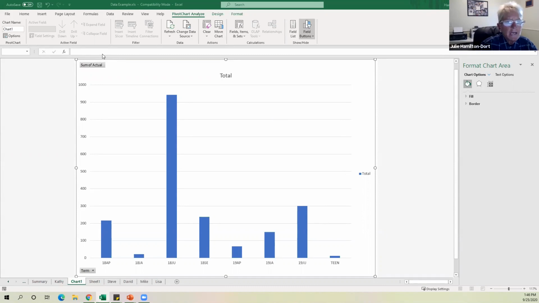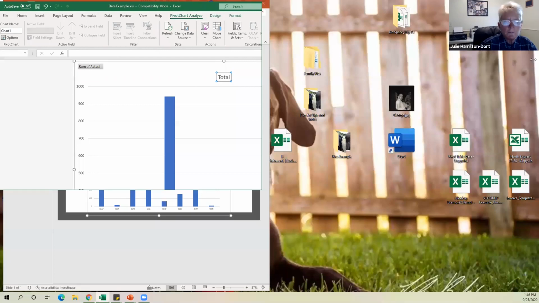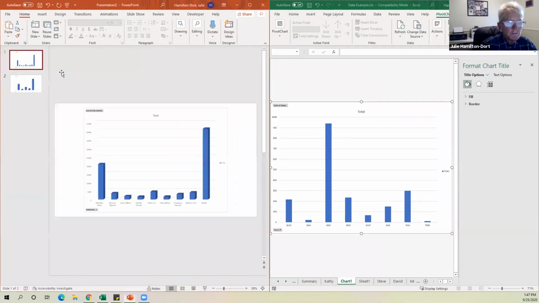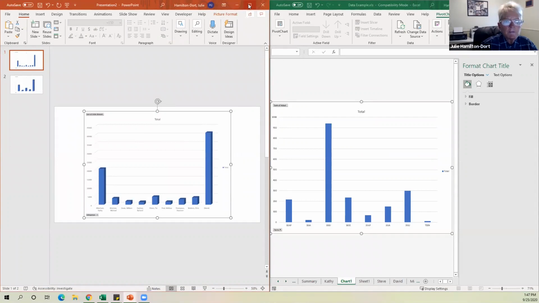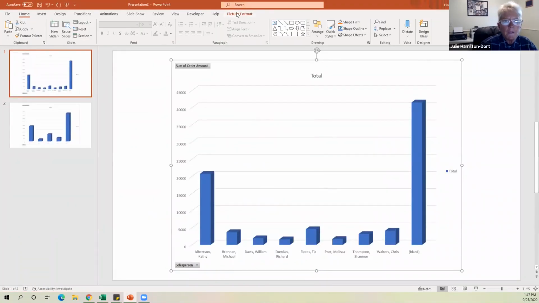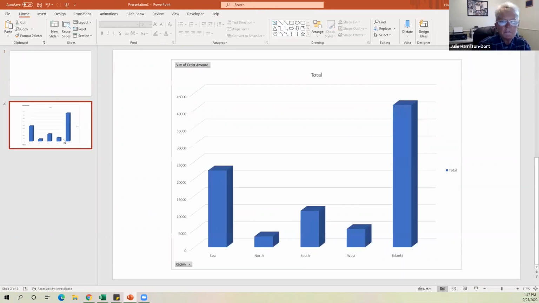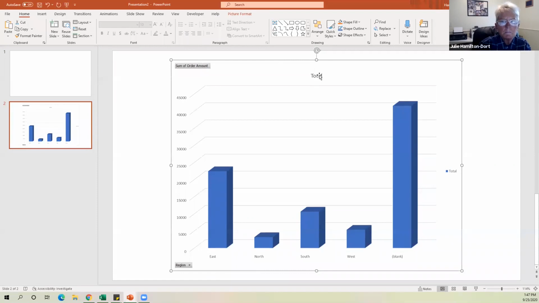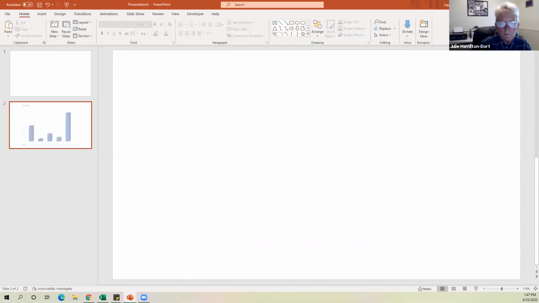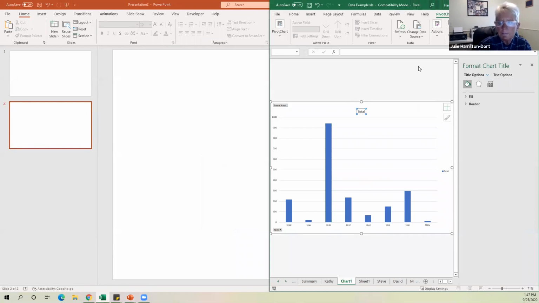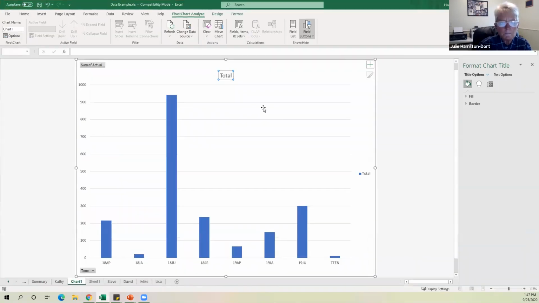Can you relabel the table for PowerPoint? Yes, what you can do, good question. Let me go ahead and go back over to PowerPoint. Note that, let me enlarge this, oh, I brought this in as a picture. I don't want to do that. Hang on, is this one live? Okay, so I'm just going to go ahead and